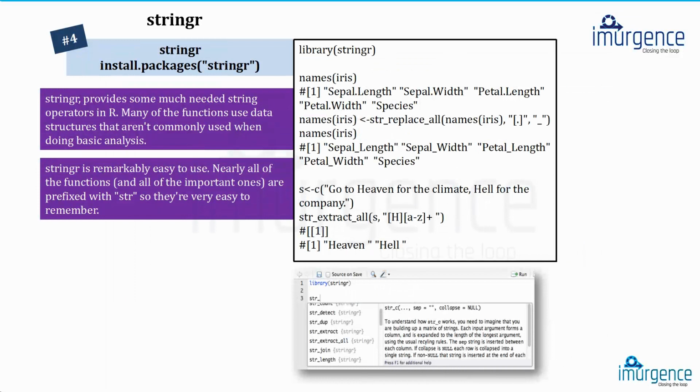The stringr package is something which helps you to manipulate text data. So supposing you have something like a comma which you want to remove in a text, right? For example, when you're doing sentiment analysis, you might want to remove some punctuation marks, you would want to remove a full stop, right? Stop words and all those things. So this stringr package gives you access to all those functionalities over there.